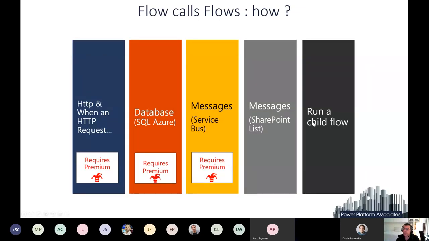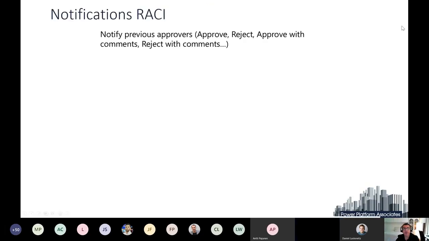You can use run a child flow, but there are some limitations with run a child flow, which is it cannot run asynchronously, and it cannot do what we call call and forget, which is actually what we need for the controller pattern. Also, what I've learned in approval is you have to be very careful with notification, because